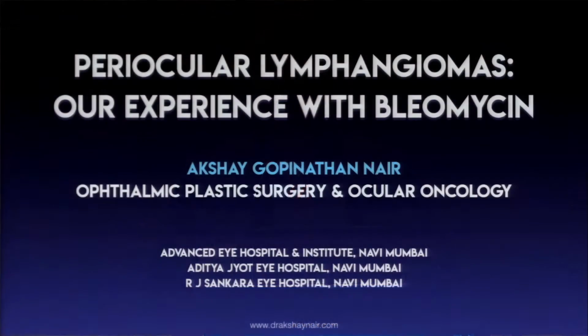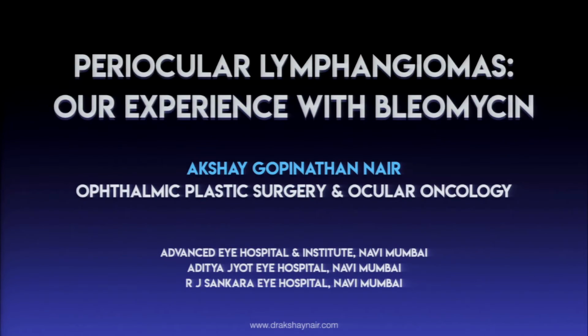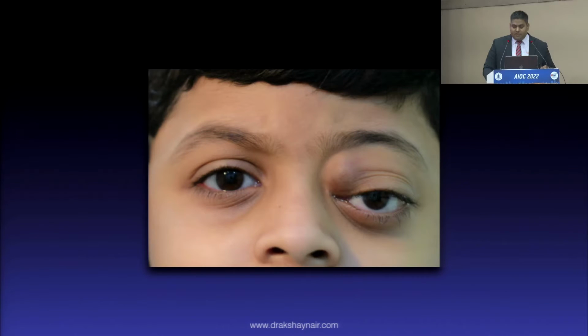Periocular and orbital lymphangiomas can be a very difficult condition to treat. Typically this is how we see the lesions that we now call lymphangiomas, which are seen in children, younger patients who have recovered from, say, an episode of cold, or during an episode of URTI, they develop sudden onset